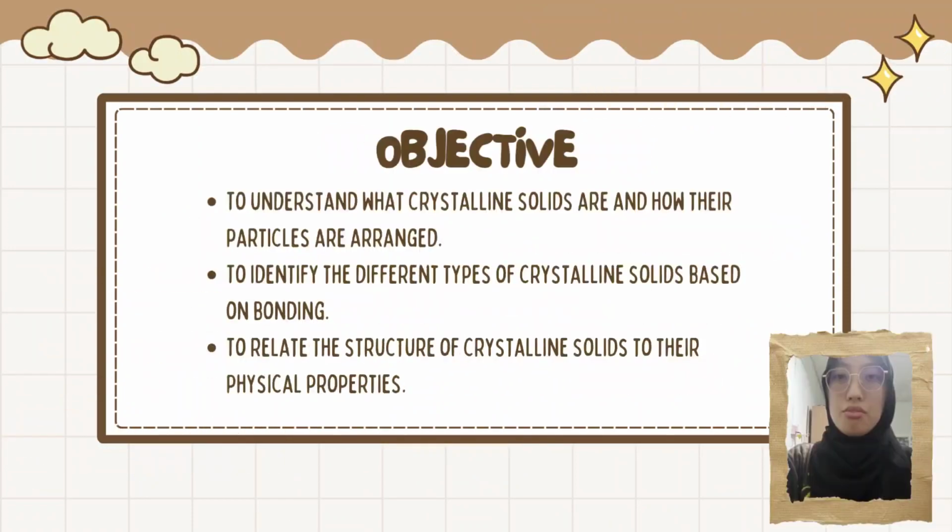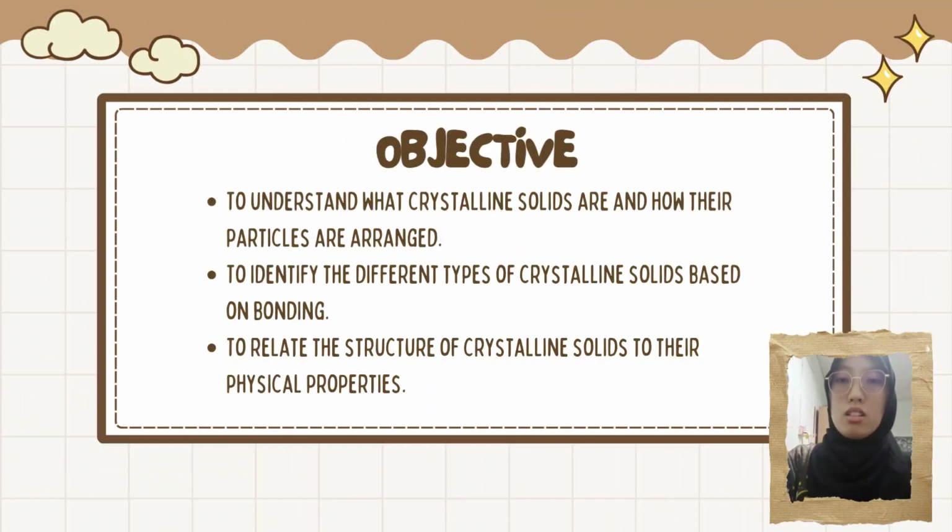The first objective is to understand what crystalline solids are and how their particles are arranged. This objective helps explain that crystalline solids have particles arranged in a very orderly, repeating pattern. For example, common salt like sodium chloride has ions arranged in a regular cubic structure, which gives it a fixed